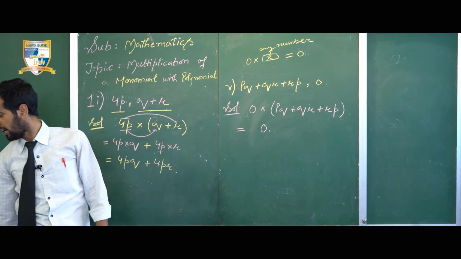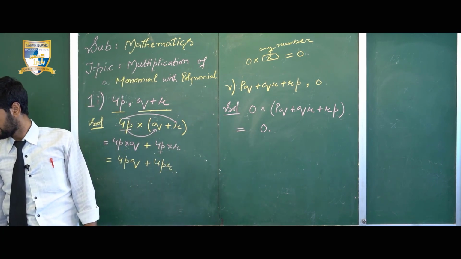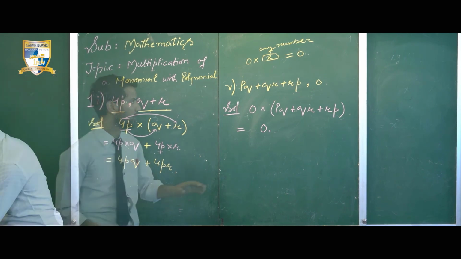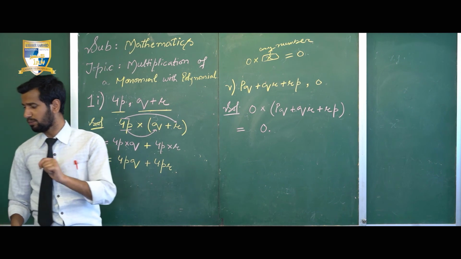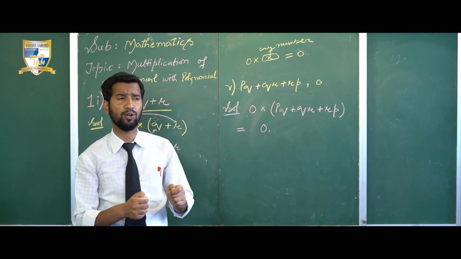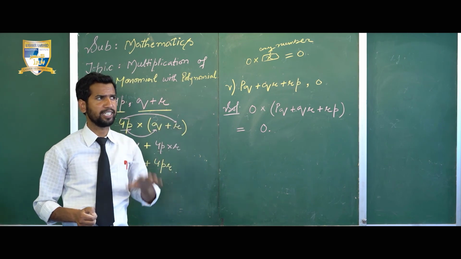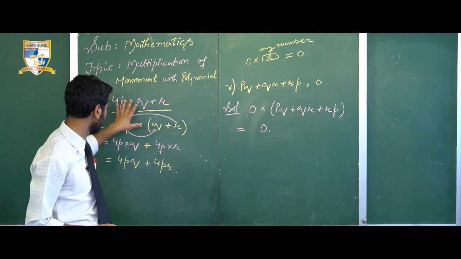So that was question number 1, and rest of the parts are self attempt in question number 1. So that's it. So question number 2 is a table, and it is once again based on the multiplication of a monomial with n-term polynomial. You are going to attempt it. It's very easy. You are going to follow these rules.